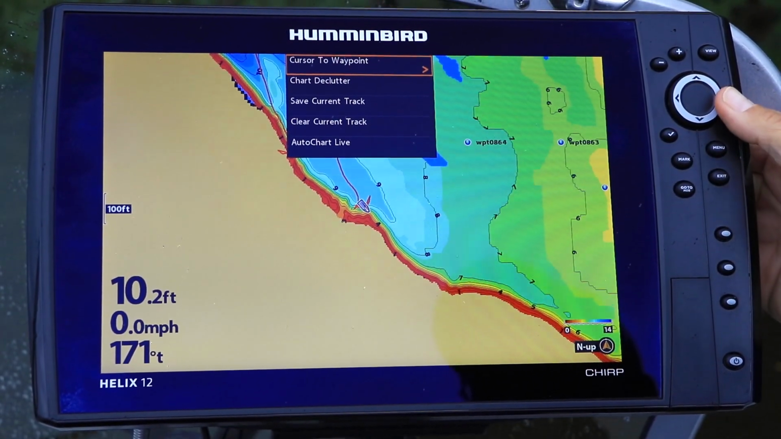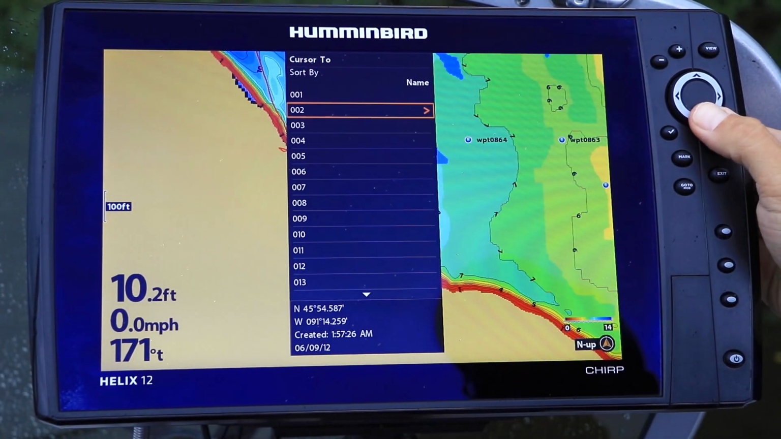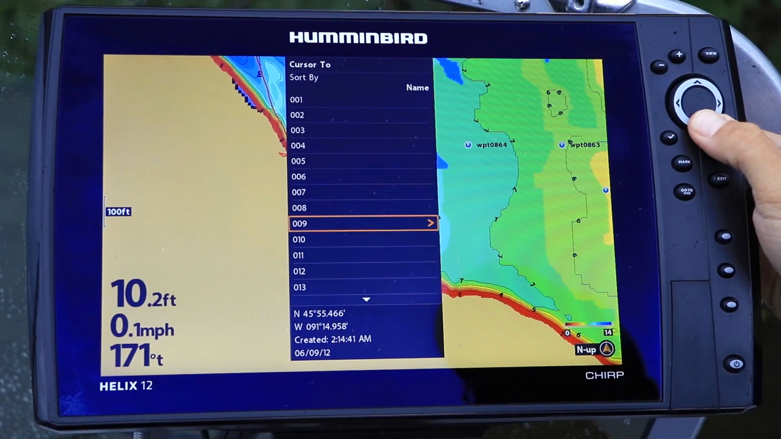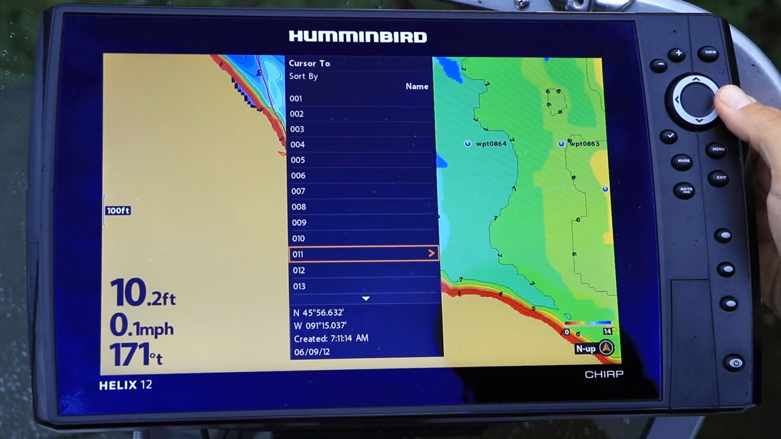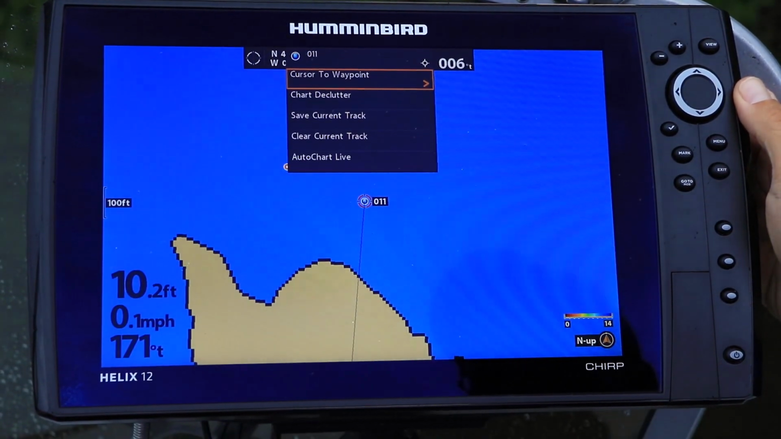Select Cursor to Waypoint from the Chart Express menu using the up and down arrow keys. Then, use the right arrow key to enter the list of saved waypoints. Pick the waypoint you want using the up and down arrow keys. Then, use the right arrow key to place the cursor on the selected waypoint and recenter the chart view on